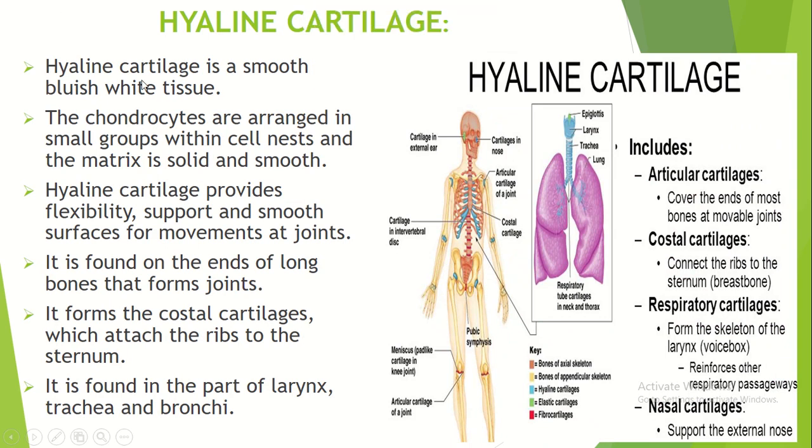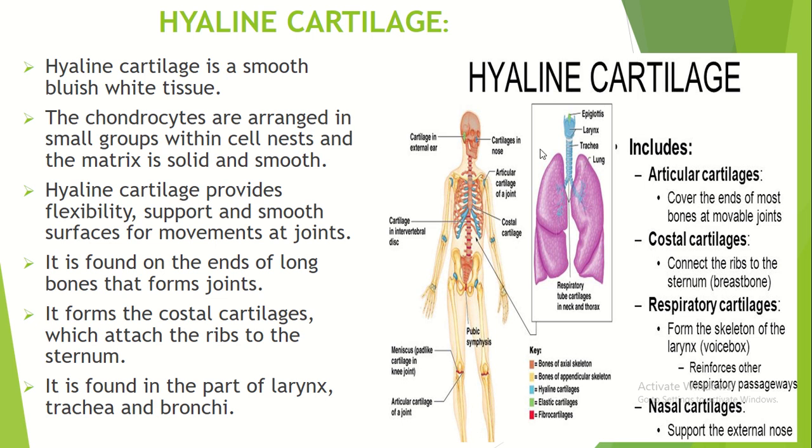Hyaline cartilage is a smooth bluish white tissue. So it is a bluish white color. The chondrocytes are arranged in small groups within cell nests and the matrix is solid and smooth. So the matrix is very solid. Hyaline cartilage provides flexibility, support and smooth surfaces for the movements at joints. So wherever a joint is present, the hyaline cartilage provides the flexibility and support of the smooth surface